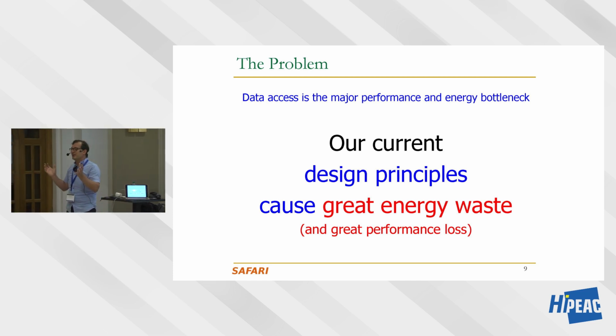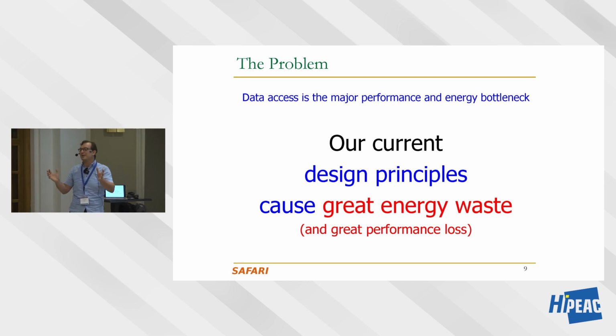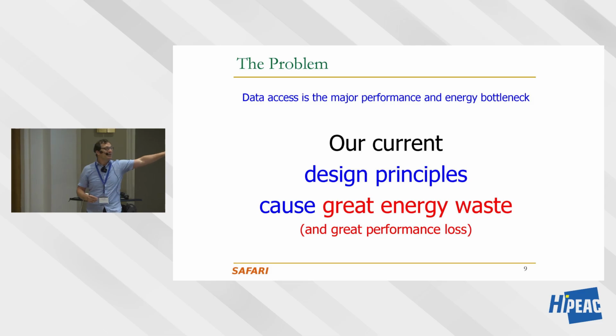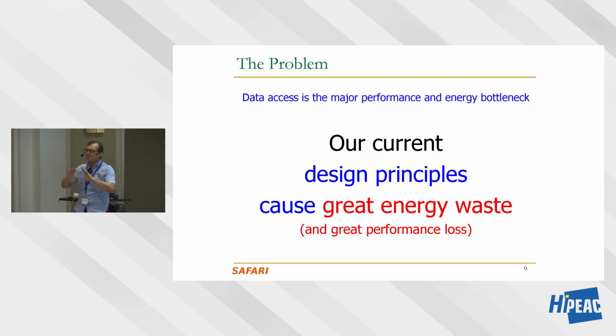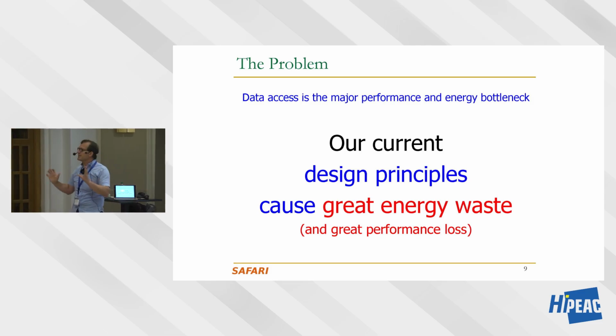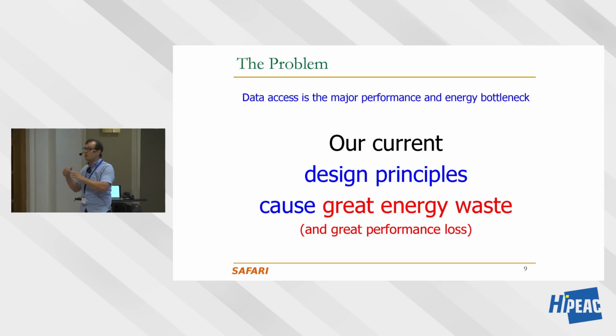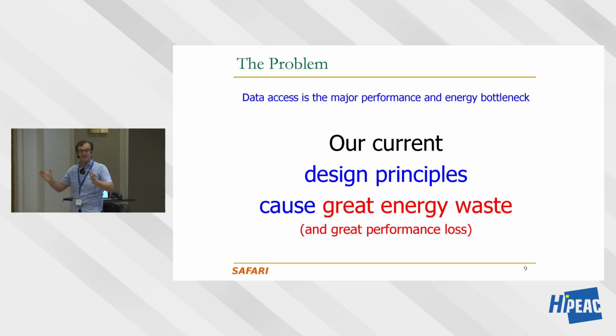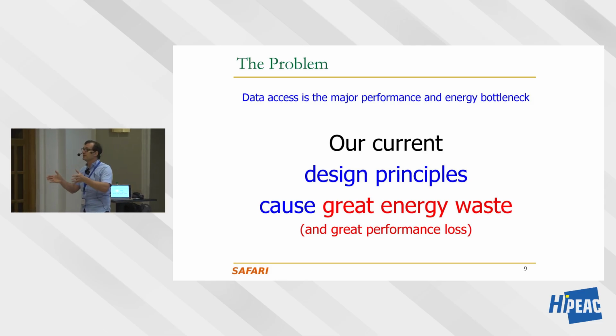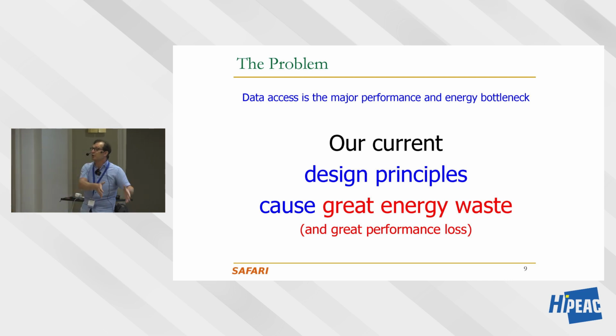And this cost, usually people don't see, because this is the way we do things, right? We do it this way, our systems are complex. Why are our systems complex? Because we're moving data all around. We're doing the computation, in my opinion, in the wrong place. We're wasting energy, and we're wasting performance. And sometimes, all of these techniques that we've discussed, sometimes they work. Most of the time, they don't work. And I've given you examples of this from big sites, for example, from Google. Most of the time, the processor is waiting for data still. When they don't work, what did we do? We complicated our systems to waste even more energy.